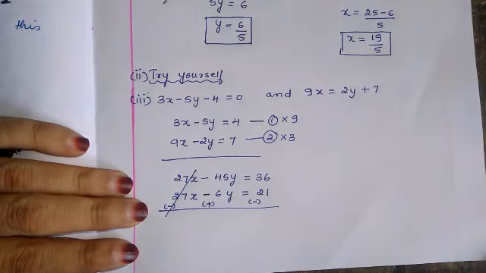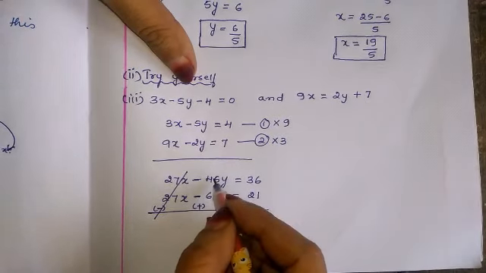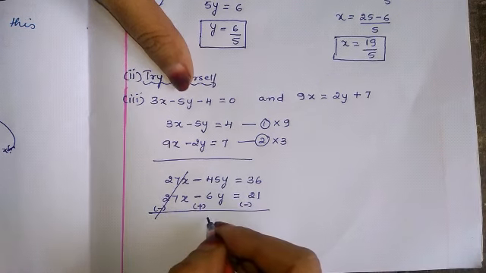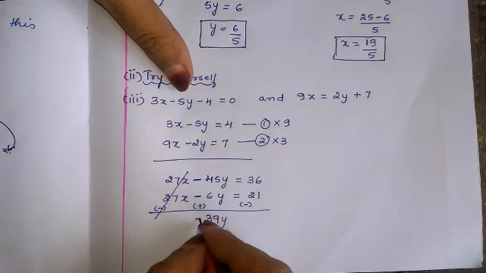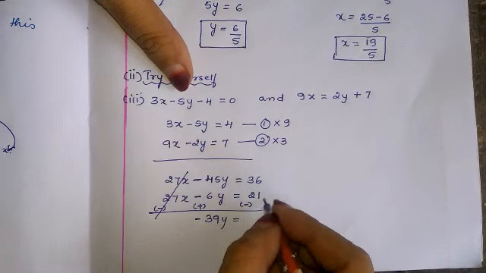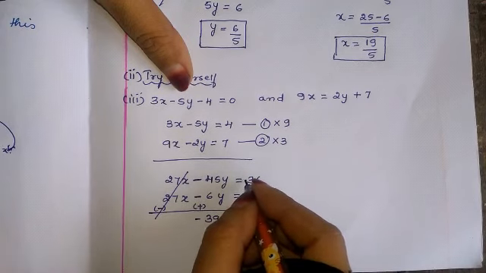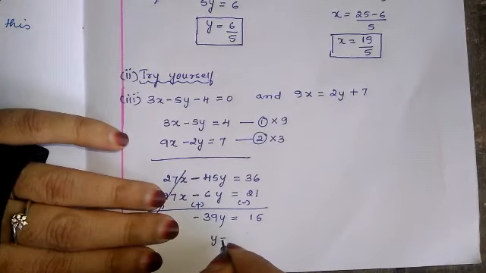So let us solve now. 45 minus 6. Now 1 minus 1, plus we have to do minus. 45 minus 6, we know if we do we will get 39. The greater sign is minus because the greater number, 45, is having the minus sign. So minus 39y is equal to 36 minus 21. 6 minus 1 is 5, 3 minus 2. So here the greater sign is positive. So I will write positive sign. So y is equal to minus 15 by 39.